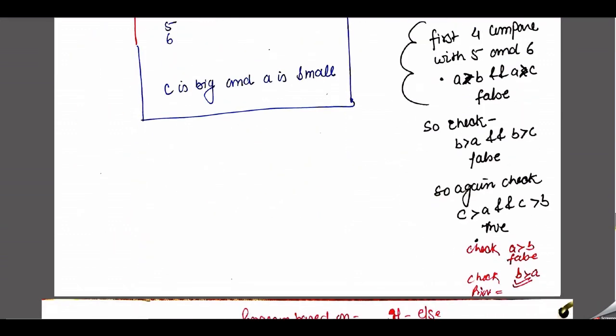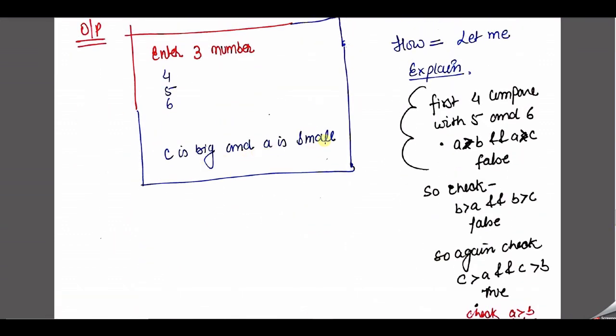So just check it here also. C is big and A is small. What is the value of C? Value of C is equal to 6 and value of A is equal to 4. So just check it. If you are a mathematical background student, then you can easily check it. Second class student can also tell us, first class student can also tell us which number is the smallest and which number is the greatest. So just check your output, the final output, and cross check it. The given output on the screen is correct or not. So we found that it is correct.